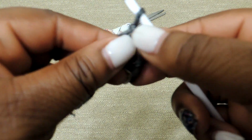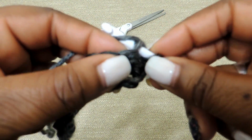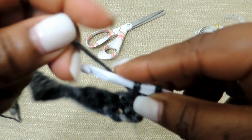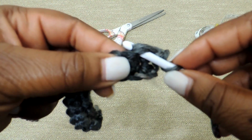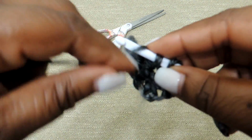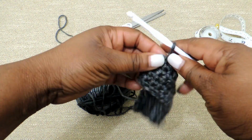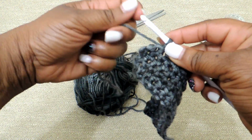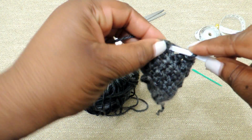Okay, you'll chain one, and then you'll turn your work, and you'll continue to work down the row. And see there, I think it was easier for you to see that first stitch, and that's what you're going to want to do. Just put the hook in that first stitch of the row. Okay. All right. And you'll just keep working,